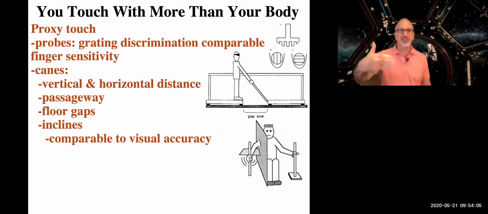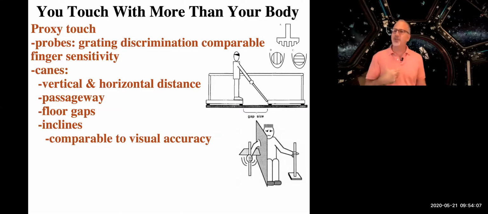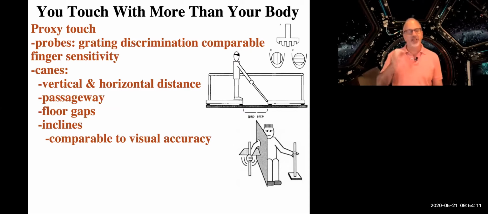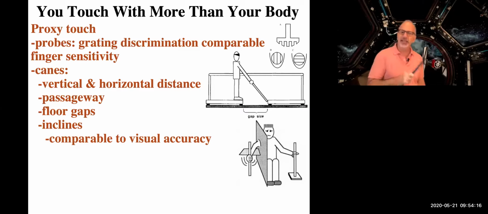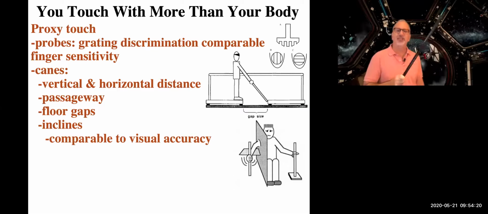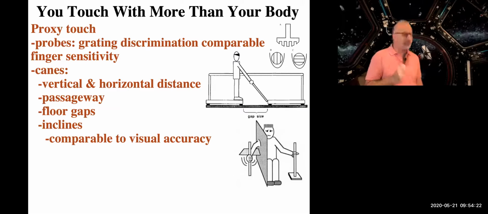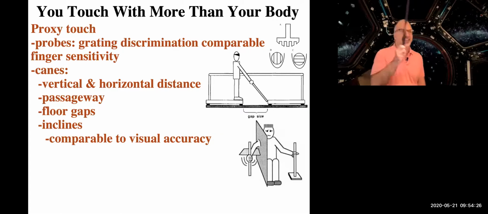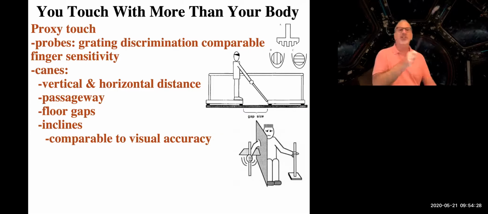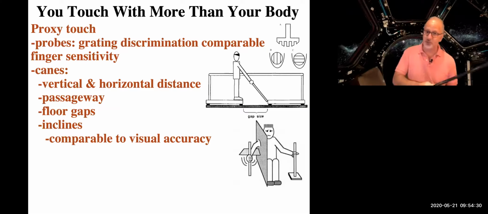Vision is the sense that's going to give us the most accurate information about these sort of things, right? But when it comes to using a cane, a proxy tool, to make these judgments, you would be as accurate through that means as you would be through vision, which is pretty amazing given that you've probably rarely ever used a cane or some sort of long object to make these specific judgments before.